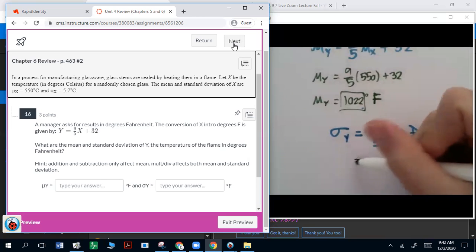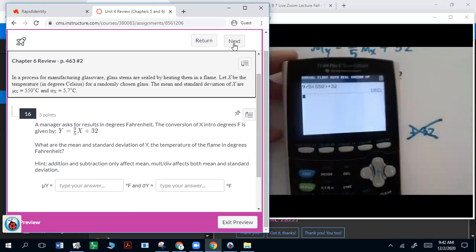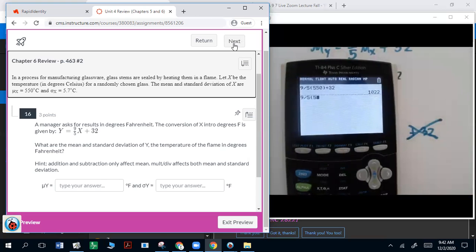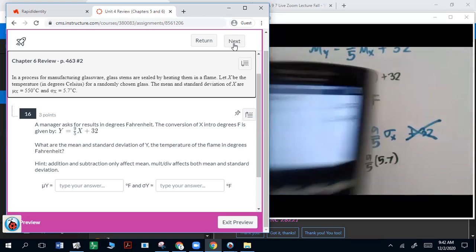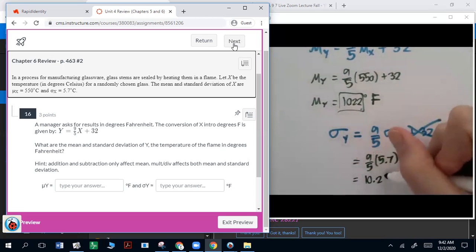So it's going to be 9/5 times 5.7, which is 10.26. So our new standard deviation is 10.26 degrees Fahrenheit,